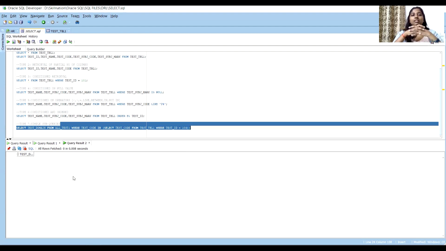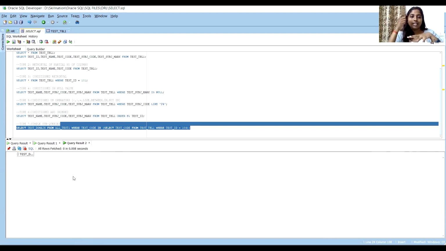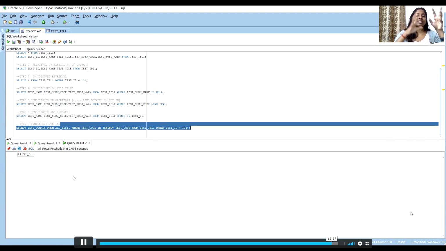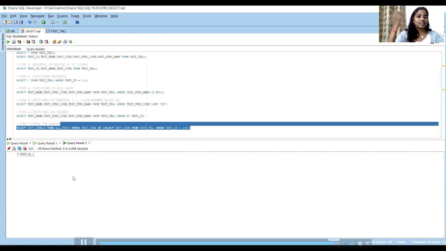So the inner query is executed first and it gets the value. Based on that value, the outer query selects from another table. It references this value, gets the result set from the innermost subquery, and then executes the outer query.